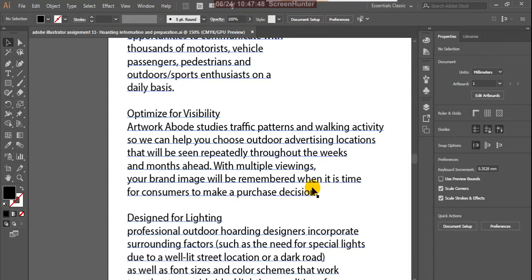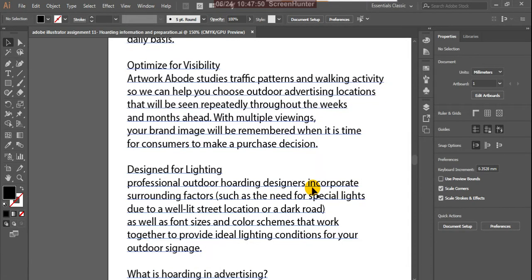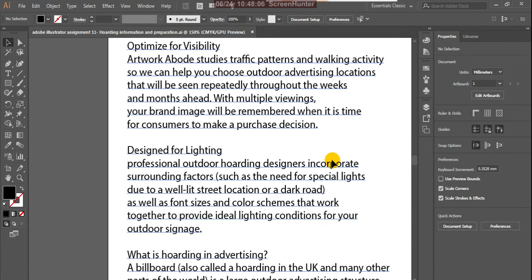Next, designing for lighting. In hoarding design, professional outdoor hoarding designers incorporate surrounding factors such as the need for special lights, due to a well lit street location or a dark road, as well as font sizes and color schemes that work together to provide ideal lighting conditions for your outdoor signage.